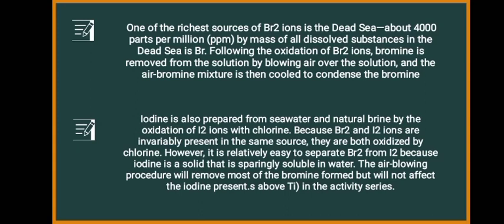However, it is relatively easy to separate Br2 from I2 because iodine is a solid that is sparingly soluble in water. The air blowing procedure will remove the bromine but will not affect the iodine present above in the activity